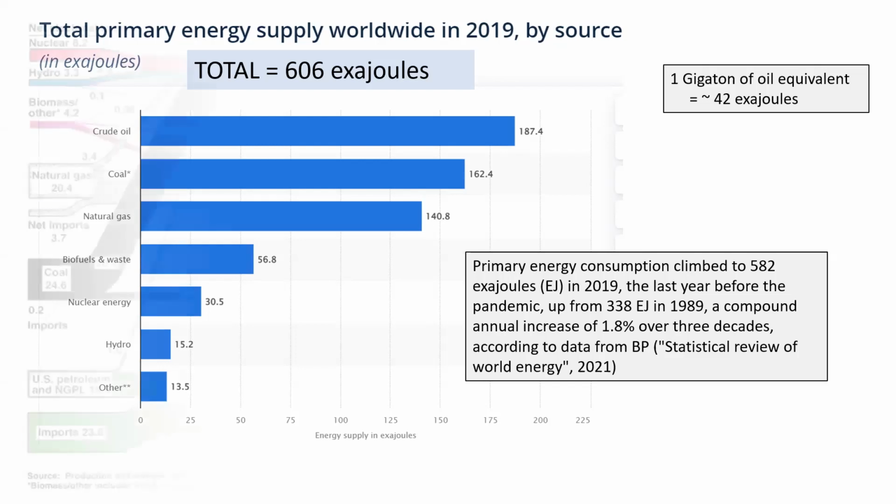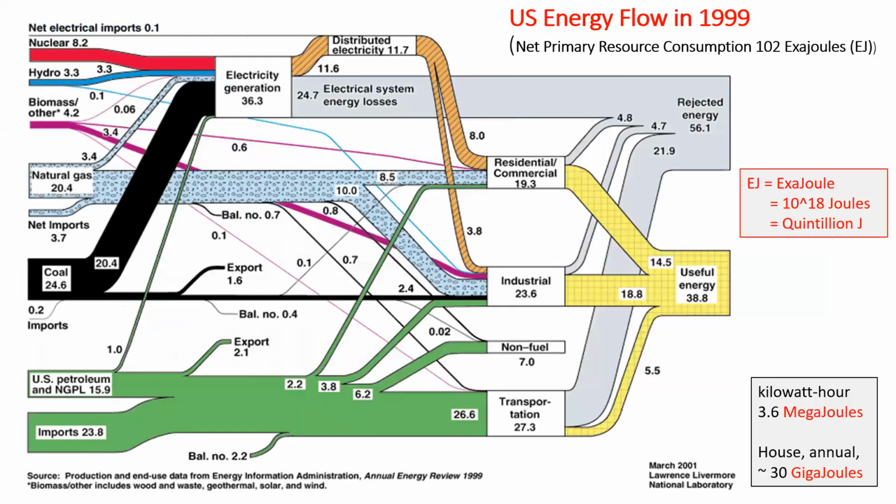And the US energy flow here again in exajoules in 1999, now it's not 2019, so it's 20 years earlier, the US was roughly a quarter of global energy use, 102 exajoules. And here, this is a fascinating diagram that is very important for what we're talking about here, where we have the sources of the energy on the left, and we show how that energy passes into various subsystems of society, particularly in the United States.